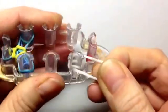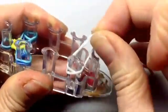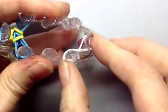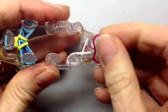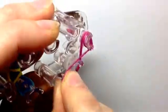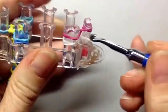Alright, so I find this is quite easy to use because you can move it around as you're trying to do your twists. Hopefully it doesn't make you seasick watching this. Alright, so we've got double twist that side, single that side. Moving it around so we have the double twist that side, and in this case it's easy to go under, single twist that side. So for this one, as soon as you've got the 2 bands, or the 2 layers I should say, on there,